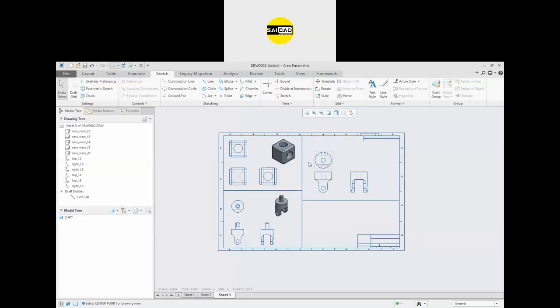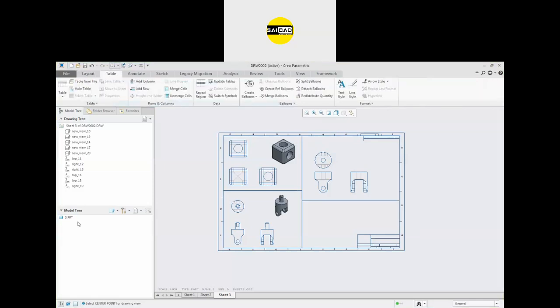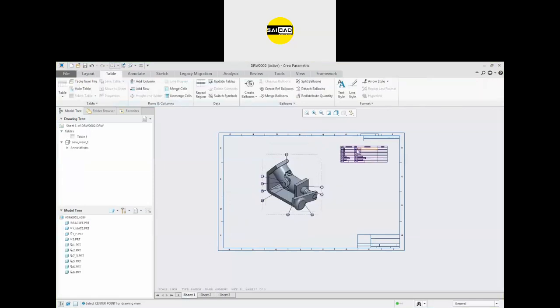Again, after that, just define the dimension. So what do we do in the drawing? We have the views option, insert the view. We have some sections, some projections like that, insert them. We have the section views. For that we have some arrows and displays to do that. After that we have some tables to insert the bill of material in the first sheet like this one, and we have the balloons here. You can insert them. Okay.